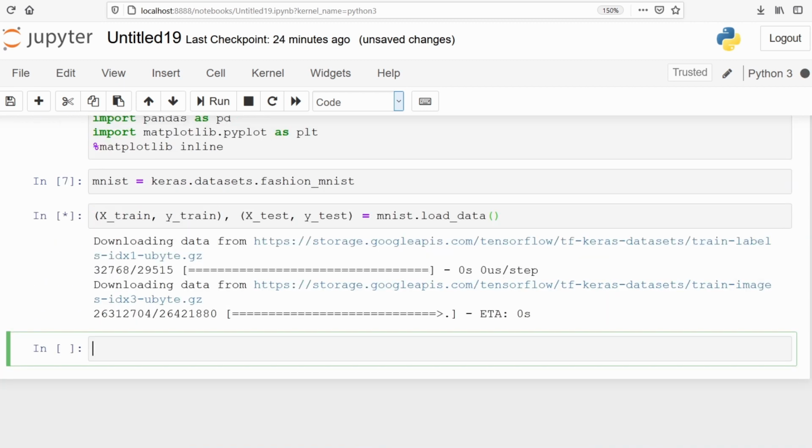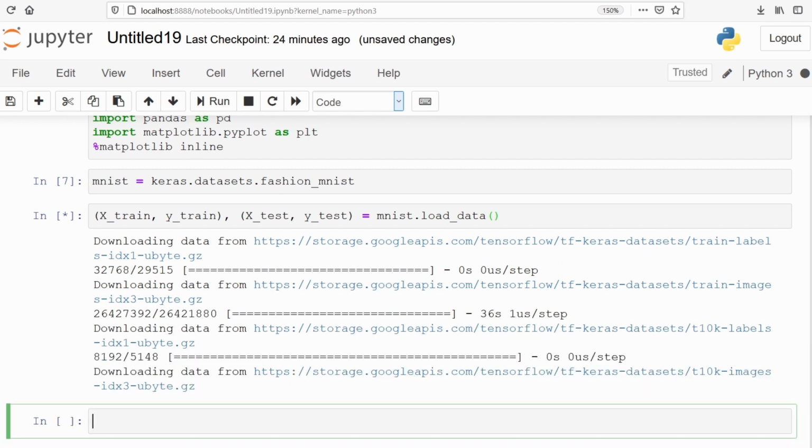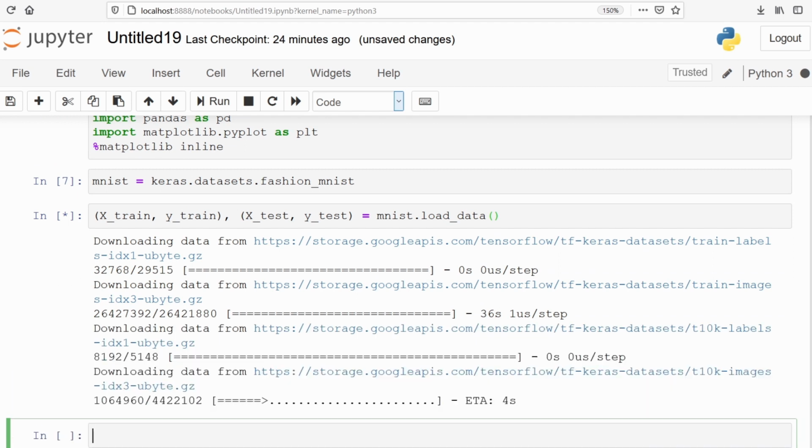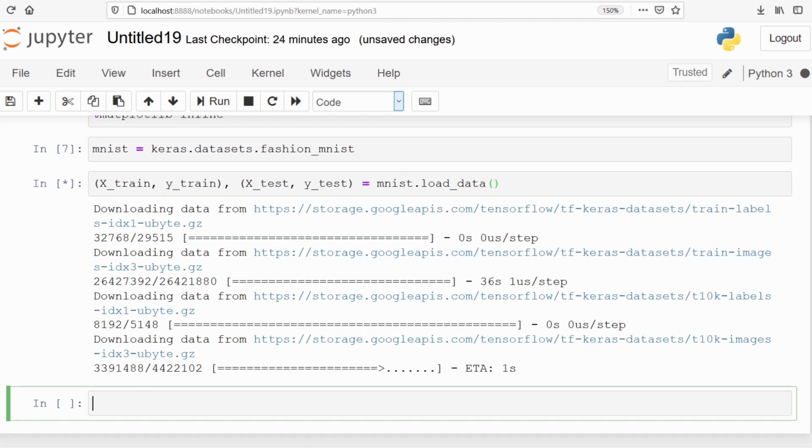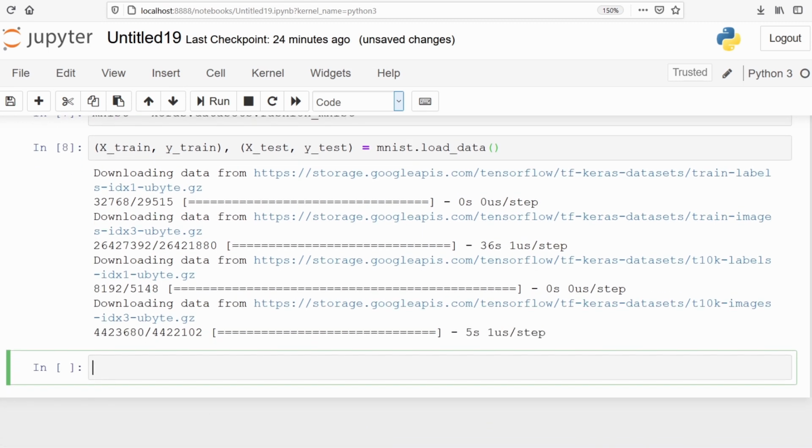It is downloading the data from TensorFlow. We will have to wait for some time. We have successfully downloaded the dataset. Now let's go and check the shape of xtrain and xtest.